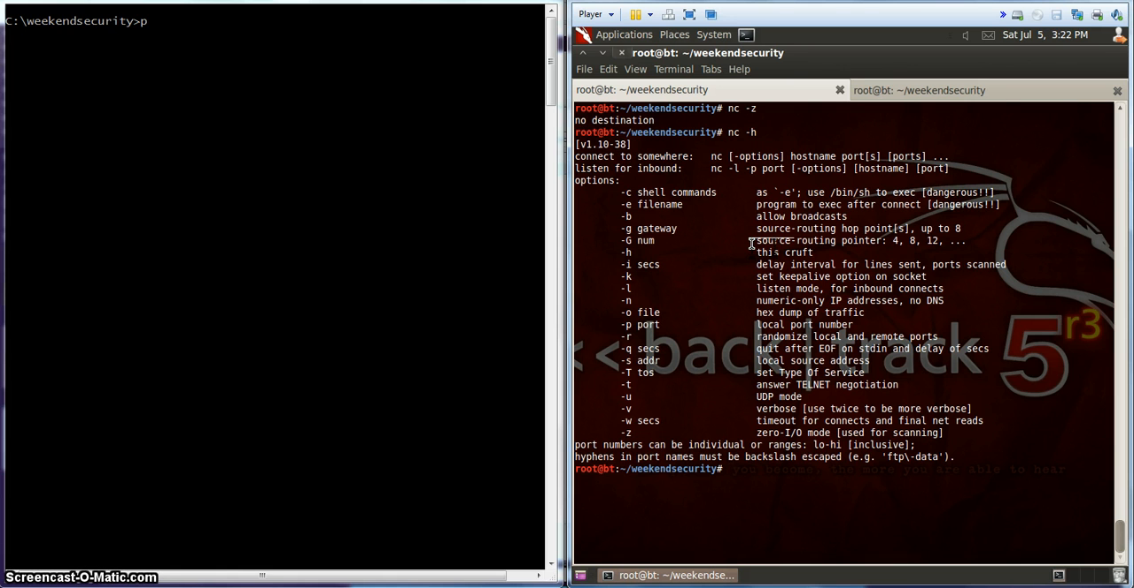Now for that we use a specific option called dash z, because this is a zero I/O mode option. What that means is basically when you use this option, it doesn't send any extra data. It just simply connects to the port and then closes the connection if the connection is successful. So basically, it is a faster way of determining whether the port is open or not, unlike doing a normal netcat. So what I can do is, suppose I want to scan this Windows box from this Linux box,